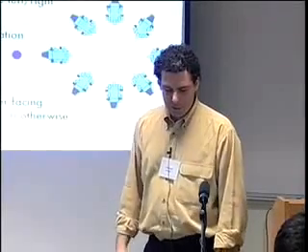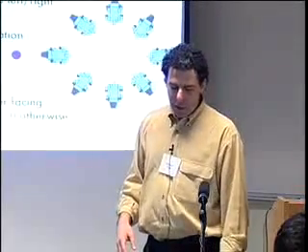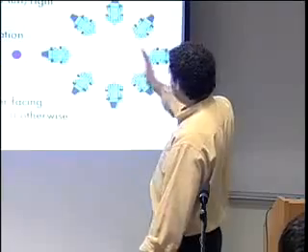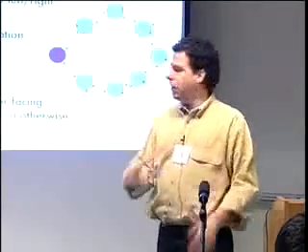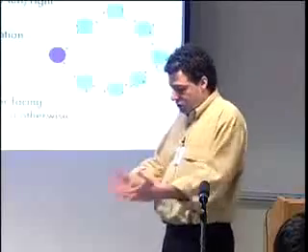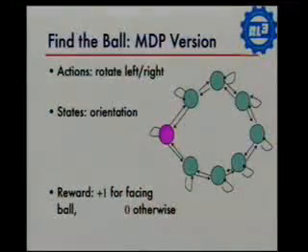All right, so then you probably can see that in this find-the-ball problem, you think about the robot as having a number of different angles. Those become the states of the Markov chain, and the actions that the robot can take become the actions in the Markov chain. And then the rewards, in this case, are basically 0 everywhere except for where it could see the pink ball. That state we mark as being special. And so from the Markov decision process standpoint, the world looks kind of like this.